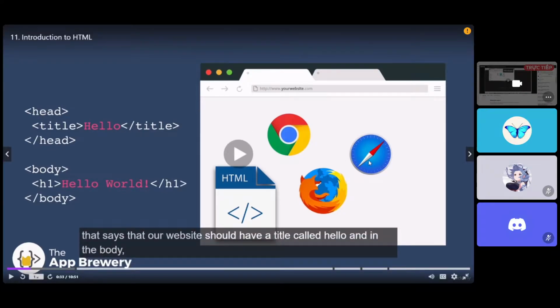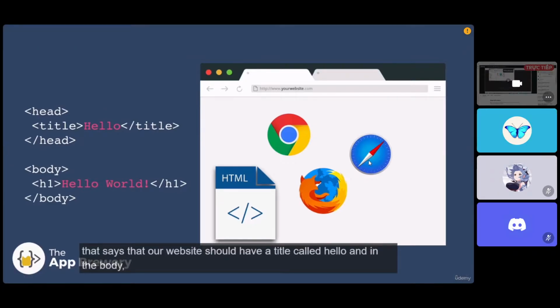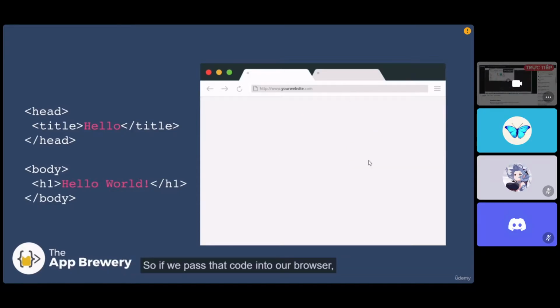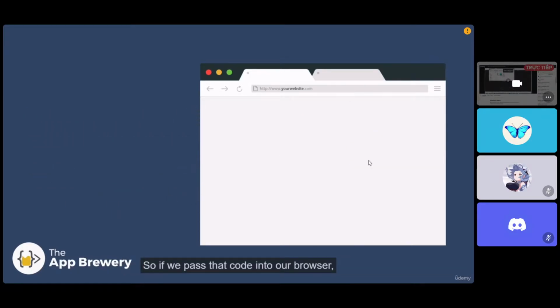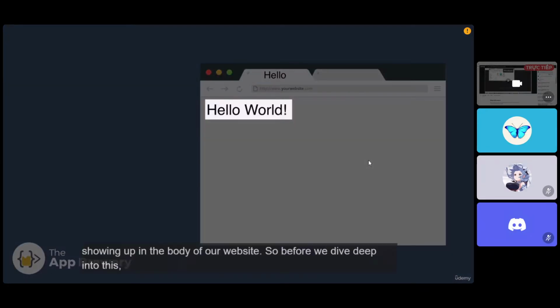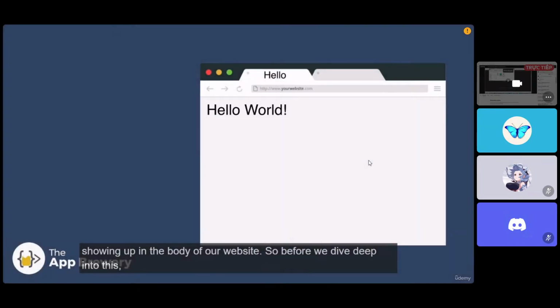Cái này là giới thiệu về HTML nhá. Called hello, and in the body, there should be a heading that says hello world. So if we pass that code into our browser, it will open it and display it like so, with the title of the website usually on the tab bar, and that H1 or that big heading showing up in the body of our website. So before we dive deep into this, it's really important to remember that HTML is the